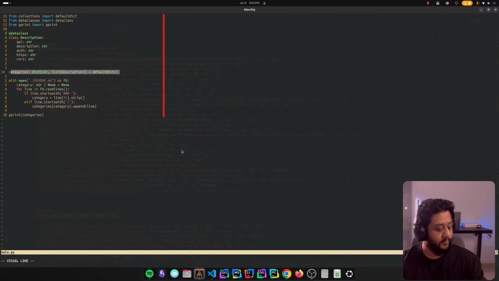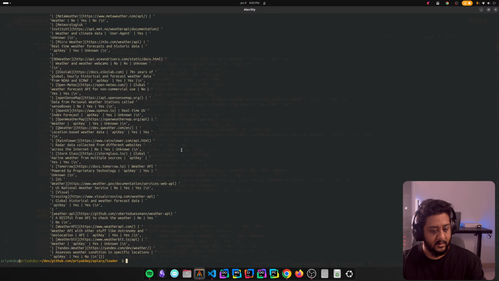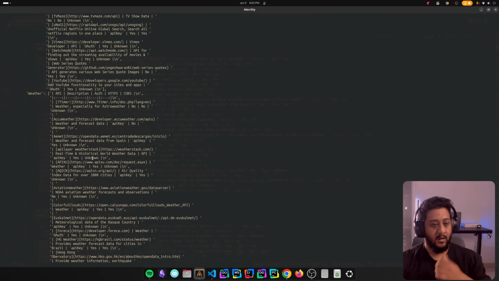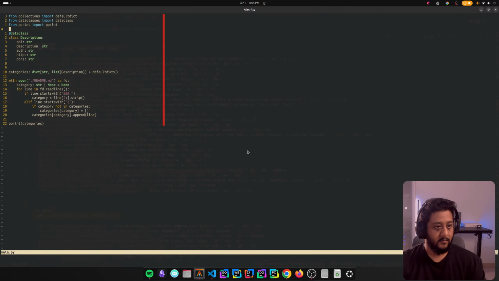Isn't that why you use default? Guess not. If category not in categories, then categories of category should be equal to this, then you do that. Okay, cool. So you have all those bunch of things in here, but we also need to parse